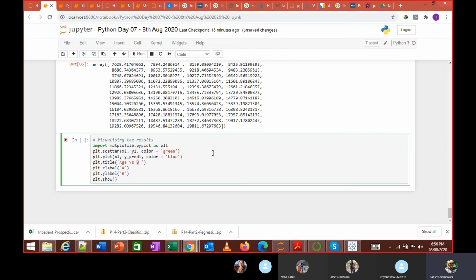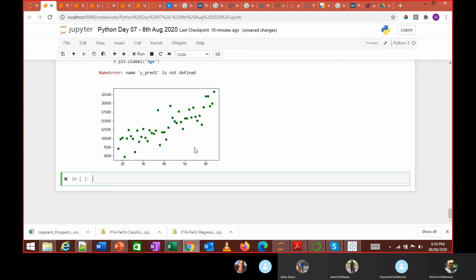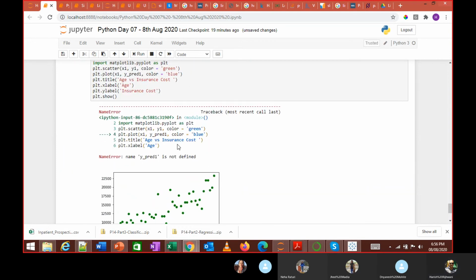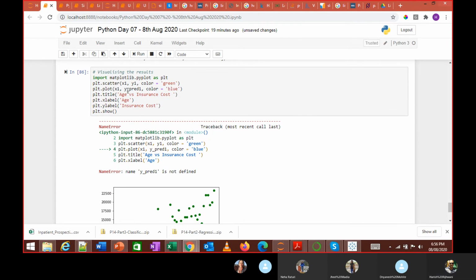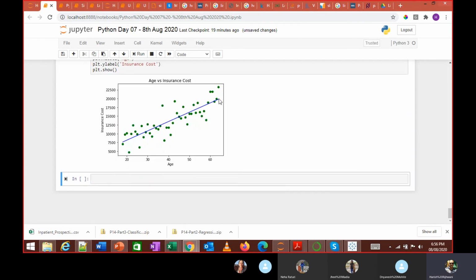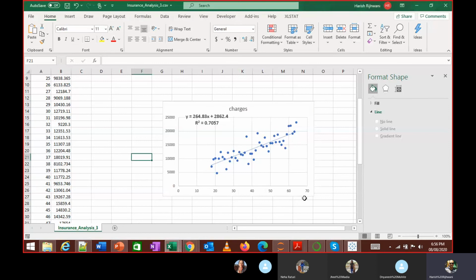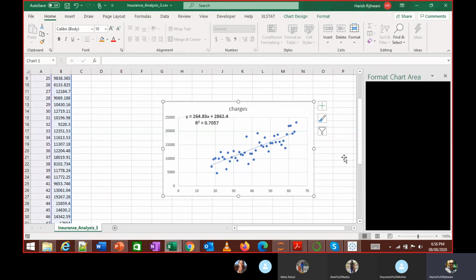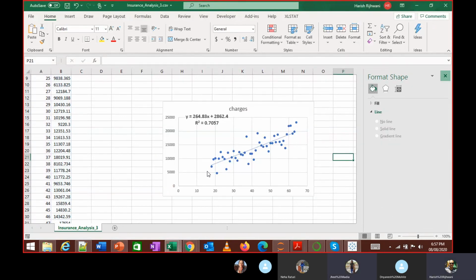Age versus insurance cost. It is Y1 pred, not Y pred 1, sorry. Right, I'm getting the same line. I got the same thing here. Make sense?